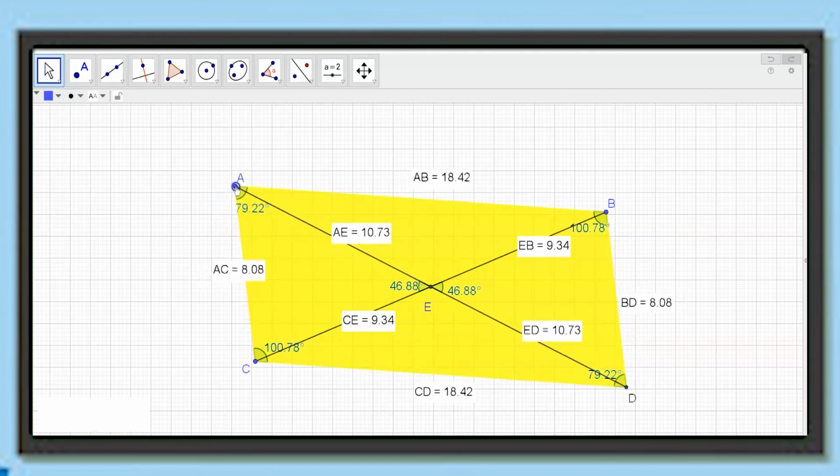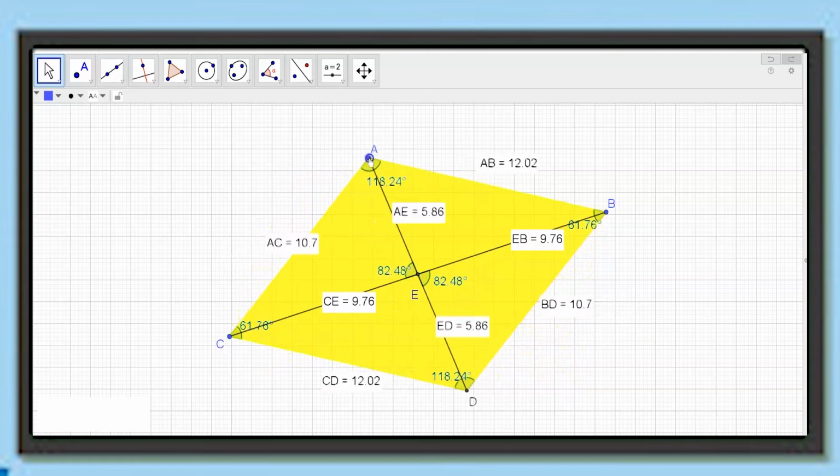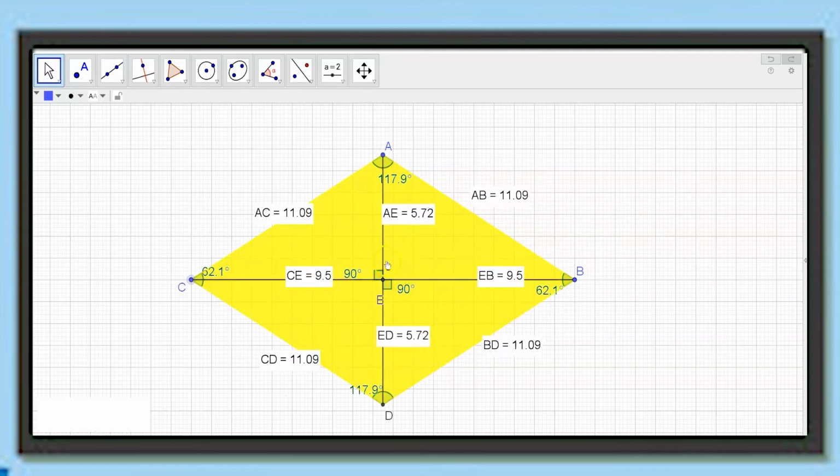I am just trying to turn the parallelogram all around, keeping in mind that I have to have all the sides becoming equal. Now we have seen that the sides of this parallelogram have become equal and hence it has taken a new shape now. So this parallelogram is called a rhombus. Now what are the other properties that have been added on to this parallelogram that it has become a rhombus? So we look at the opposite angles now. Still the opposite angles are equal, so it is the same as the property of a parallelogram.